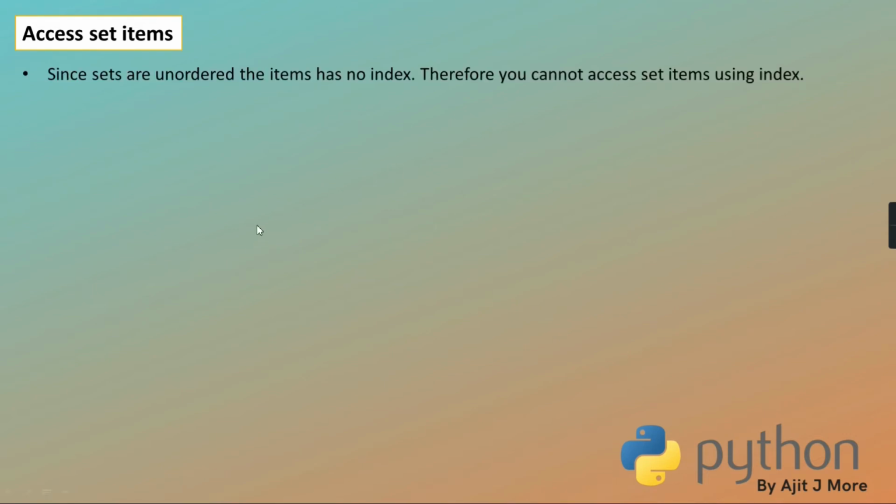Okay. So see, since sets are unordered, the items have no index, no guarantee. Whoever is at the 0th place, it's not necessary that the element will be at the same place in the hash. Therefore, you cannot access the items using an index because it is unordered. The sequence is unpredictable. The same mechanism is there in Java also. If you have done Java, you know it. In Java, there is a concept called hash table, and when you try to access values from the hash table, the order is unpredictable.